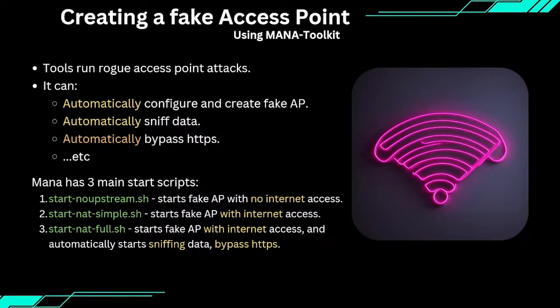Once our fake access point is live, clients will connect thinking they are accessing the internet. In reality, their traffic is flowing through our machine. We will use tools like BetterCap and Wireshark to analyze and manipulate the data. We can capture usernames, passwords, session tokens, and much more. This method of creating a fake access point is a powerful way to become the man in the middle and run a variety of attacks. It eliminates the need to exploit ARP protocols or other vulnerabilities. Clients will willingly send us their data,